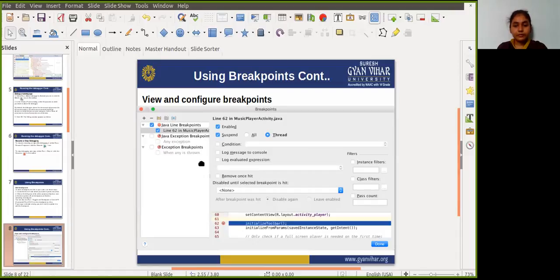Okay, in the debugger window, the breakpoint window appears.